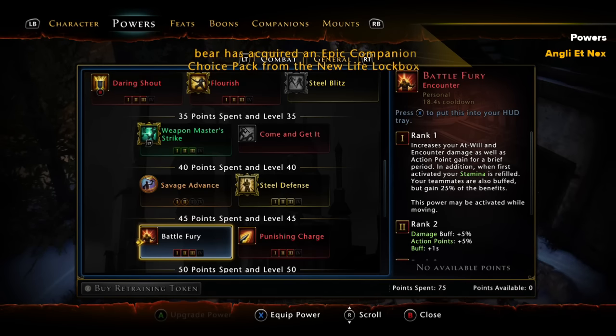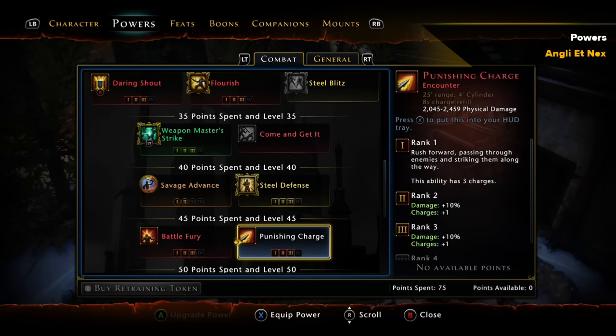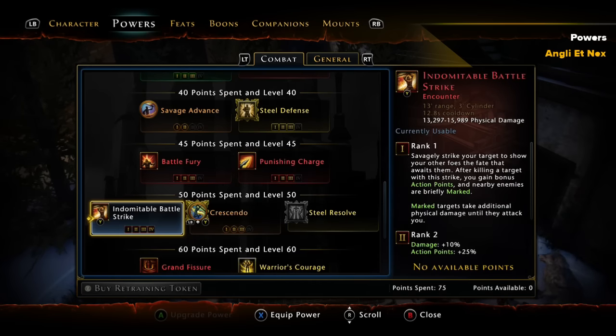So it just helps out with the DPS. Helps us out a lot to switch to this. Punishing Charge, don't really use it, just put some points in there to build down. Indomitable Battle Strike, I have seen some players that I play with, I've seen one Great Weapon Fighter in particular